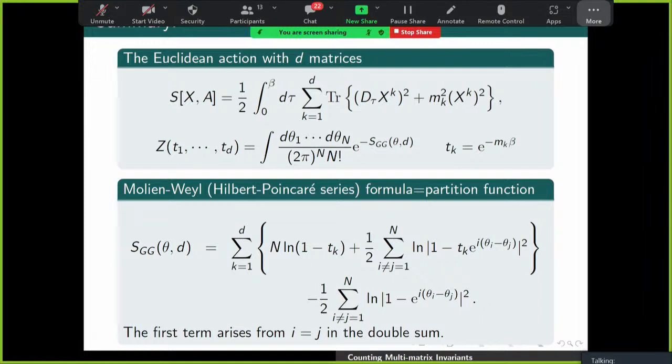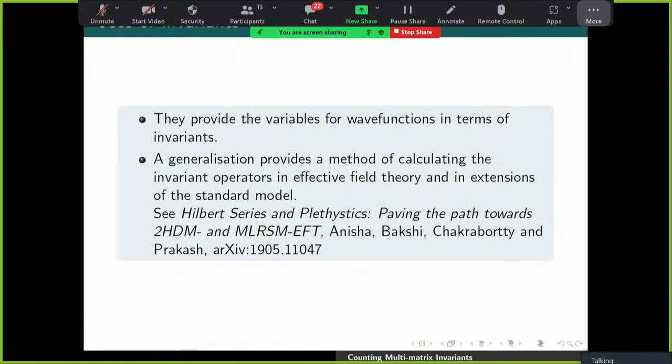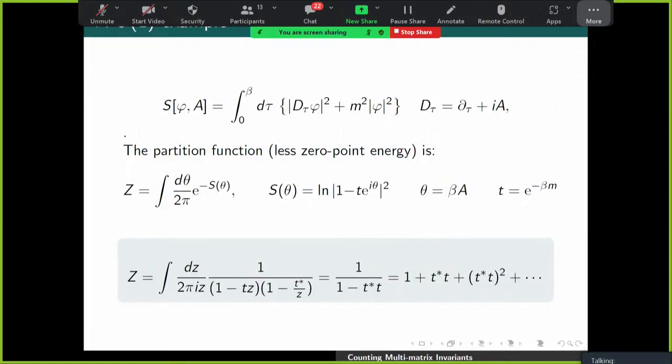And the remaining terms, they look like Vandermondes, but some deformed one with a t_k in there. And that's what the expression is. So I'm actually going to skip this because I'm going to run out of time. I just wanted to show you